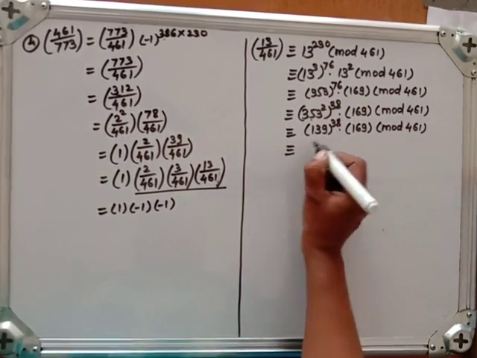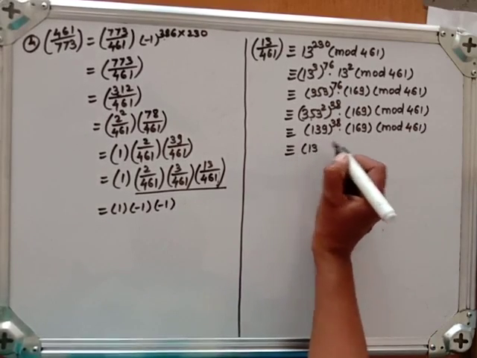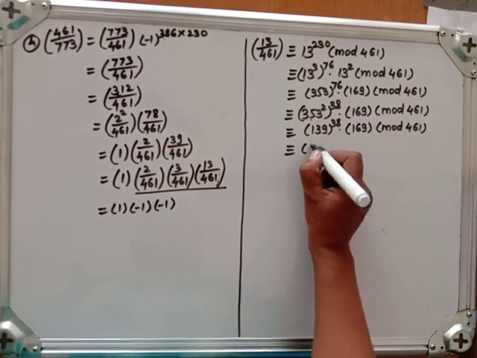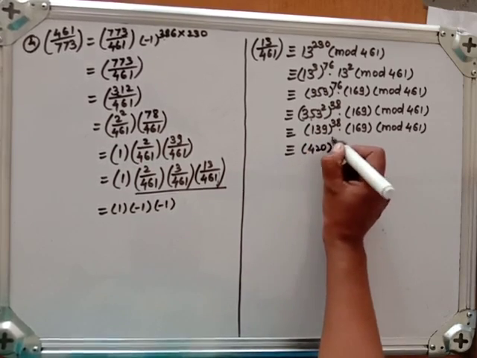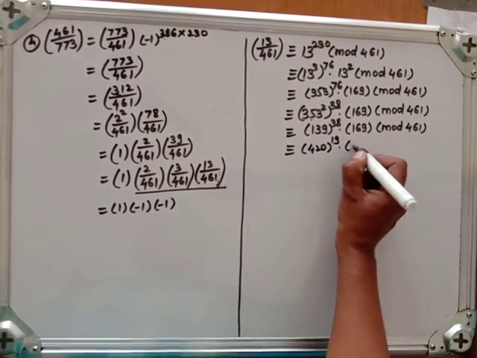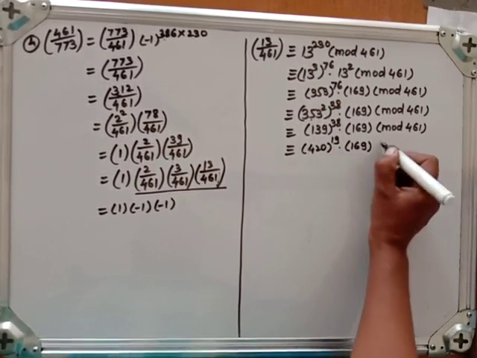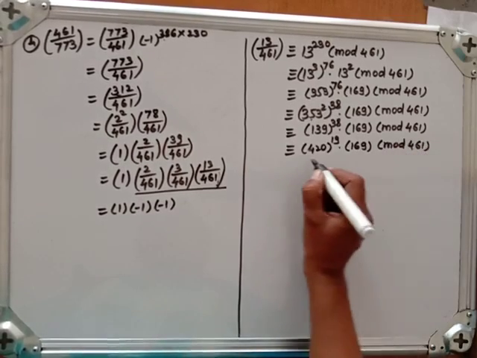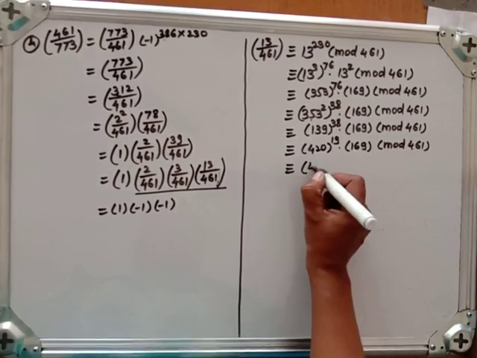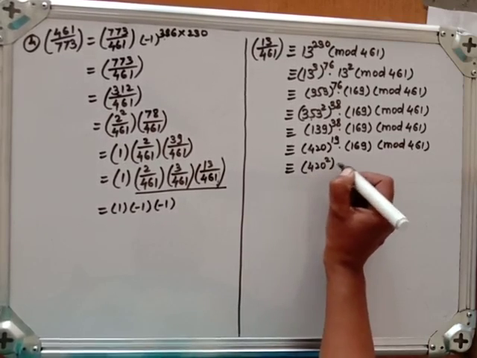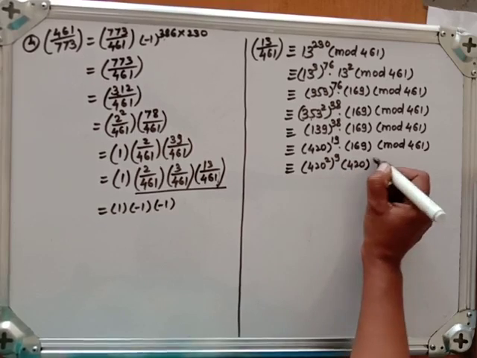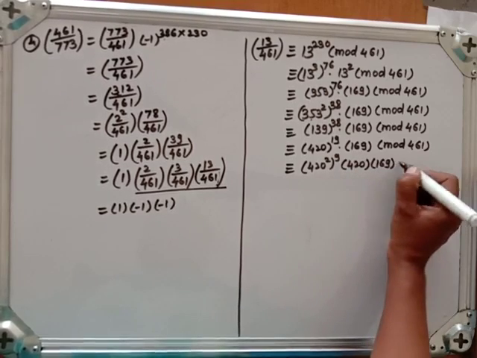So now again 139 square modulo 461 will be 420, and that is raised to how much? 19 obviously, into 169 modulo 461. So now this is 420 square raised to 9 into 420 into 169 modulo